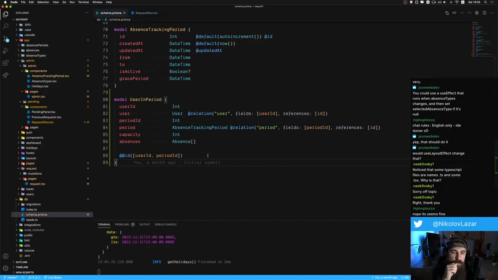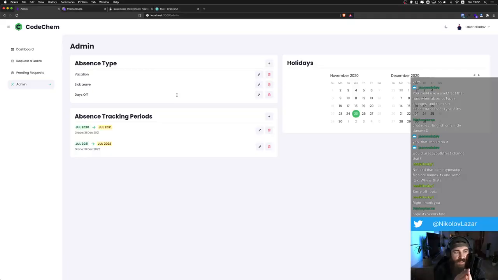Okay, but oh goddamn, we defined a new model, user in period. So I guess we need to make a new page called users that will be admin only. Okay, and the admin can manage all of the users and how many days the user have in all of the periods. Oh, this is getting more complex. Nevertheless,